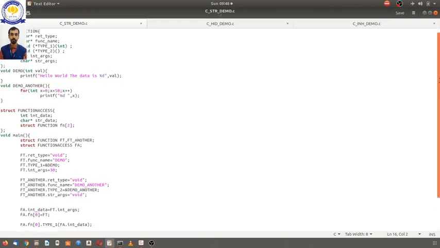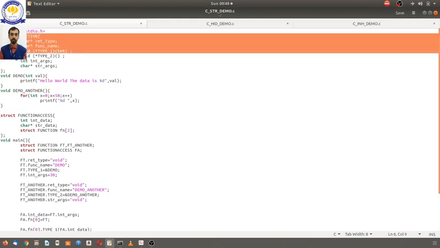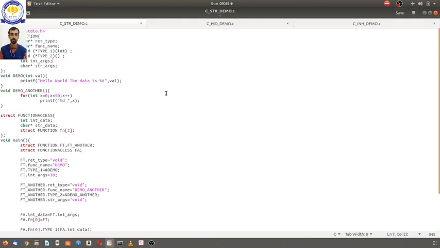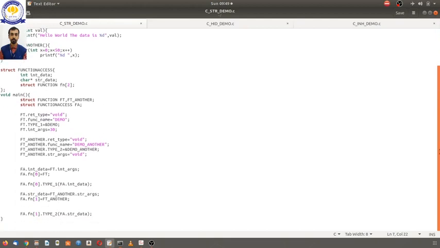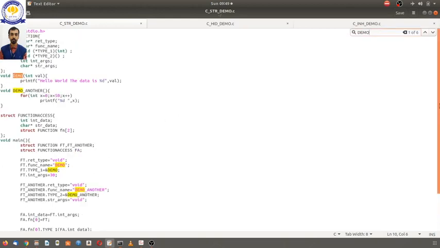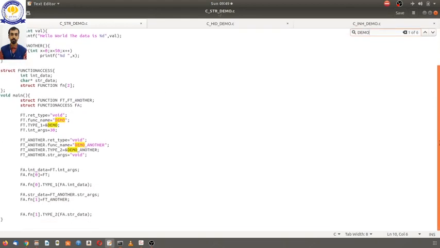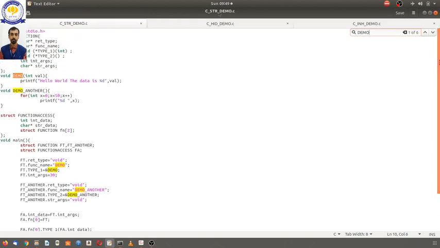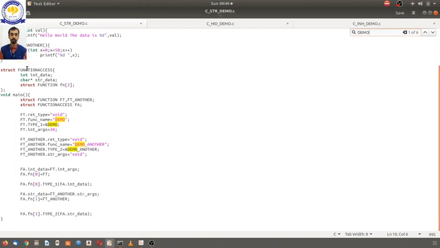These two functions are bound to the data. This is the structure of the function. The name of the function demo is passed as an address to the function pointer, and data has been bound to this.